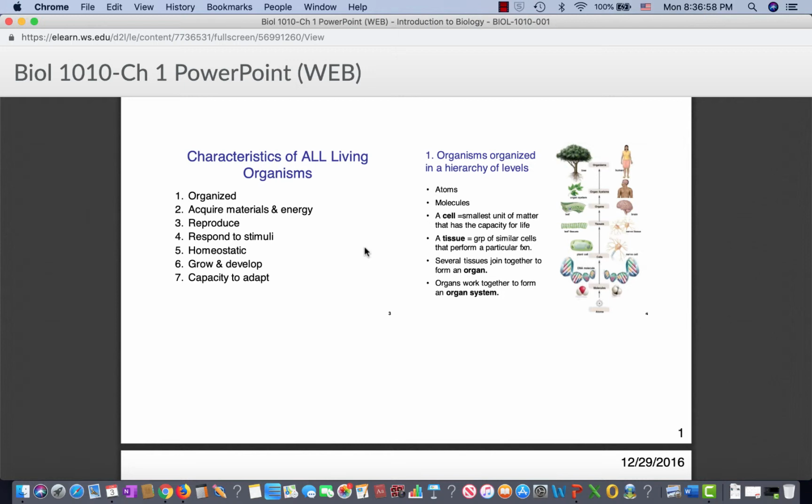Then you have molecules, which are combinations of different types of atoms, and then when you get to the cell, you have the basic unit of life, the smallest thing that is capable of being alive. You take a bunch of similar cells and put them together, and you get a tissue which performs a particular function. You take different types of tissues, put them together, and you get an organ, and then you take a bunch of organs, put them together, and they produce an organ system. And then typically a large macro organism has multiple organ systems that work together to produce an overall